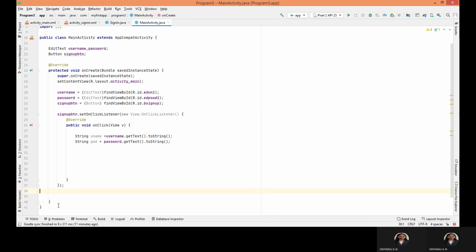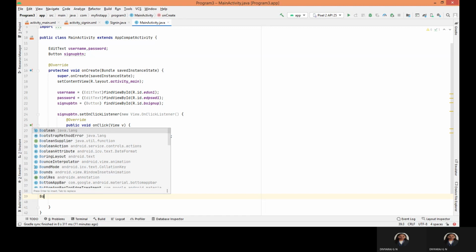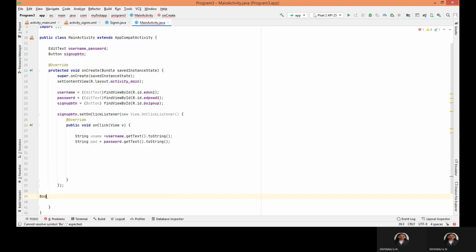I'll just start writing the definition of that here. So okay, let me start it. So I'll just write boolean